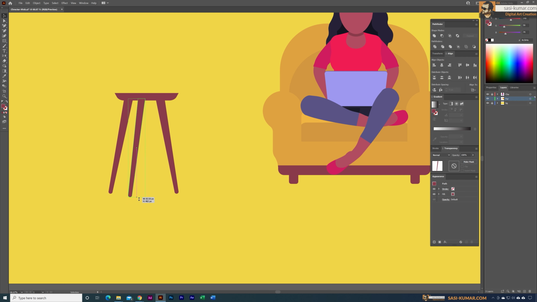Maybe let's bring this one like that. I want to have them in a straight line, so let's bring it like that in here. Okay, and let's draw a shape like this in here. Let's bring it and cover all three portions, all three legs. And now I'm going to draw a line like this,